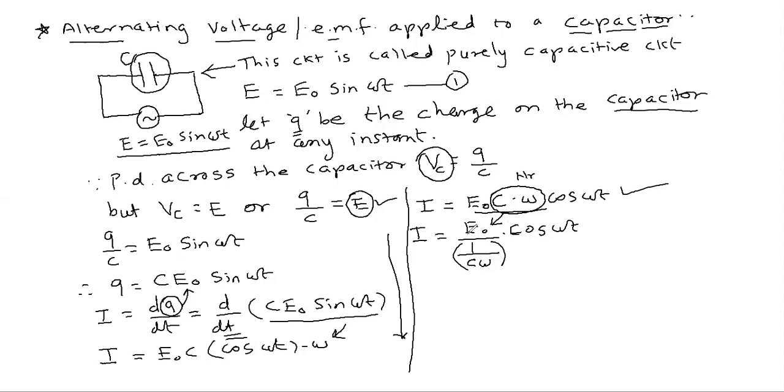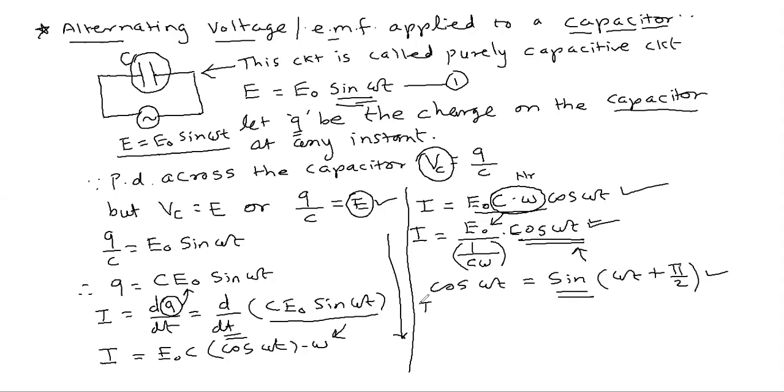Now I will compare this equation like this. Here, the cos of omega t, again I can write cos of omega t, or cos of theta, as sine of omega t plus pi by 2. Here is the turning factor. Why are you converting in terms of sine? Because we have to compare the sinusoidal function of this EMF and the current. Therefore you have converted cos of omega t in terms of sine of omega t plus pi by 2. Put the value in this equation.